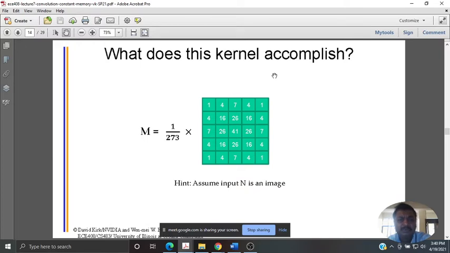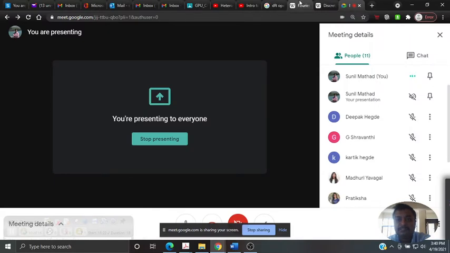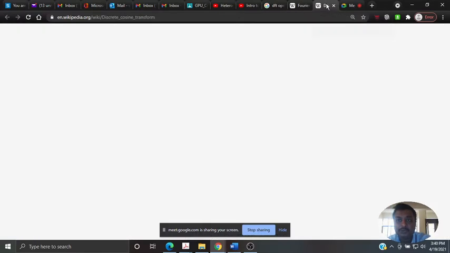And he has showcased what this kernel is doing. Basically, whenever you add all these numbers, it comes out to be 273, and the ratio is 1 by 273 of that particular representation of the pixels. Most often it looks like something similar to a Fourier transform, because there is a central bright pixel and the peripheries are black pixels or something of that sort. It is a plus mark. Basically that is what you have to visualize whenever you are visualizing DCT.